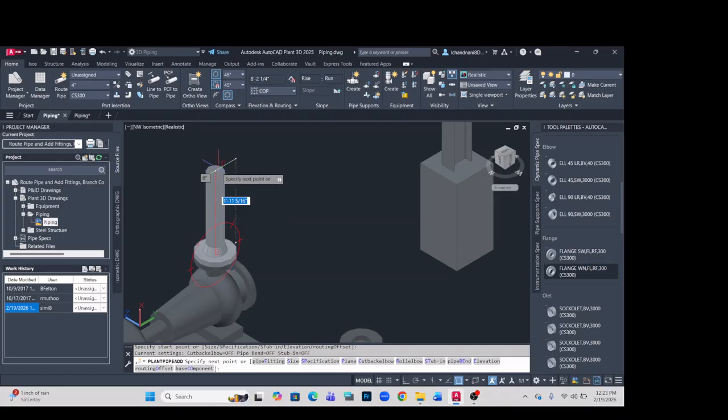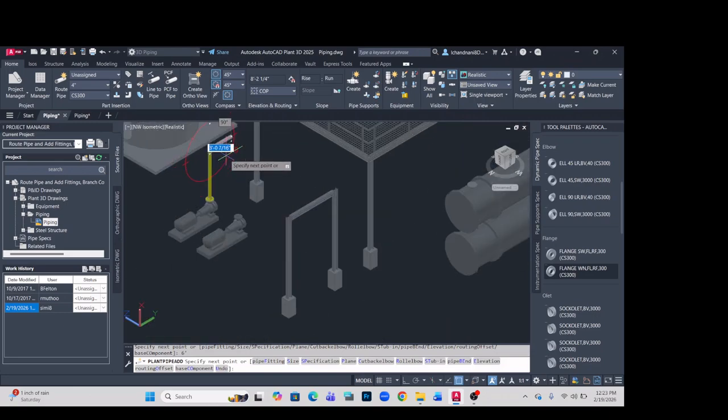The next thing I'm going to do is specify a distance. I'm going up for a distance of 6 feet. So using my keyboard, I've got 6 feet entered. I'm going to press enter. And then I'm going to zoom out so we can see this. Now I'm going to Control and right click. So Control, right click, and I'm going to move to my right in this general direction.